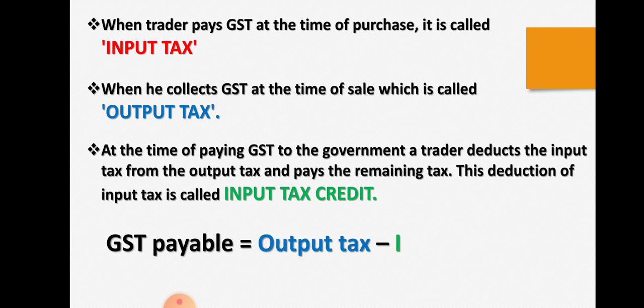So how do we find out GST payable? It is given by the formula: output tax minus input tax. In short, for the GST which is paid to the government, we have to subtract the input tax, the paid tax, from the output tax, the collected tax. Whatever answer you get is the GST paid to the government. So this is only the introduction to the trading chain. You have to keep in mind what input tax is, what output tax is, and how GST is paid using input and output tax. So let us solve practice set 4.2 to understand more about this input tax and output tax system.